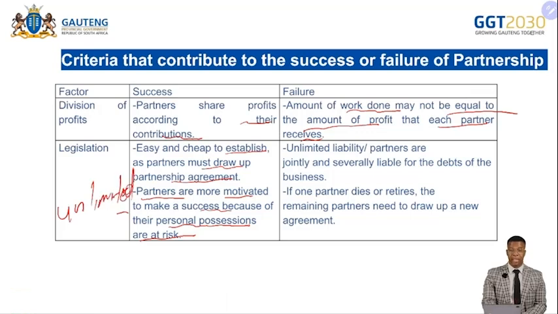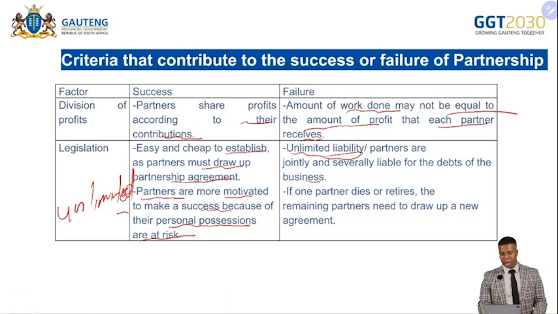So if it happens that the partnership as a business is failing or is bankrupt, the partners know that they might have to sell their personal assets. And then when you're looking into failure, unlimited liability: partners are jointly and severally liable for the debts of the business. So the issue of unlimited liability becomes a failure when one is thinking about having a